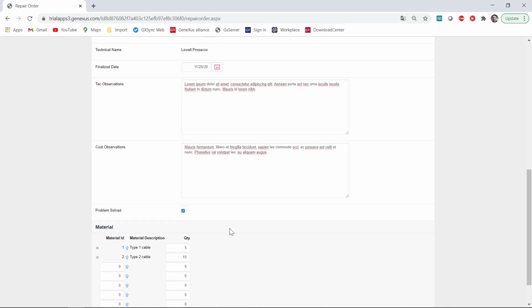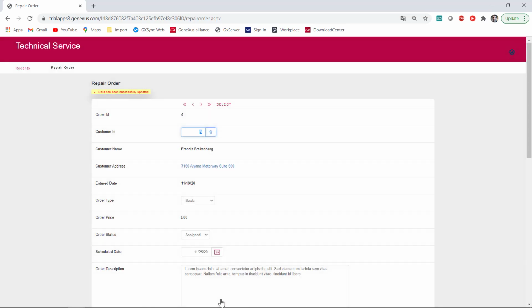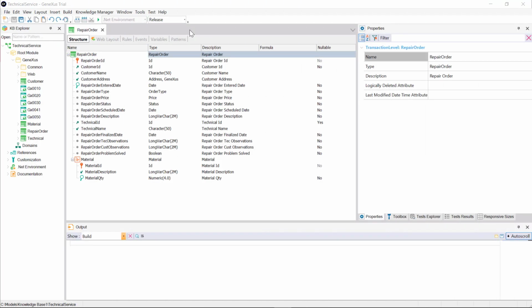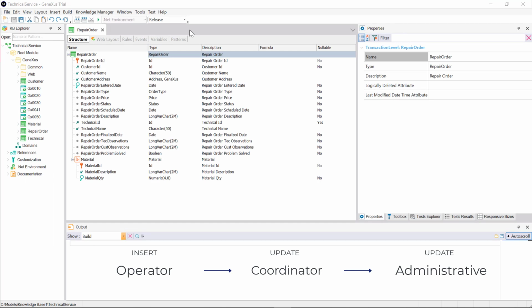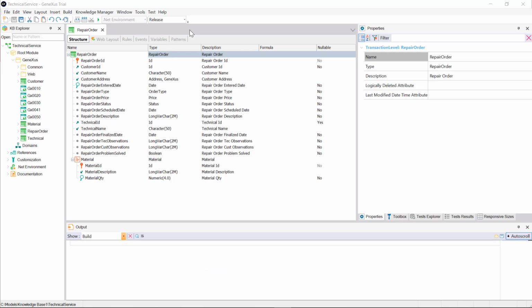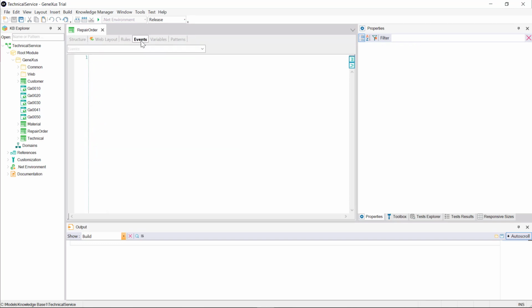Another disadvantage is how complex it can be to program the behavior of this transaction. As we saw, it'll go through different states and modifications with later entries. Also, it may require different controls every time, even of the attributes themselves. But given this design, everything will be programmed in the same object. It won't be possible to customize rules or events specific to each of the moments that we've just seen.